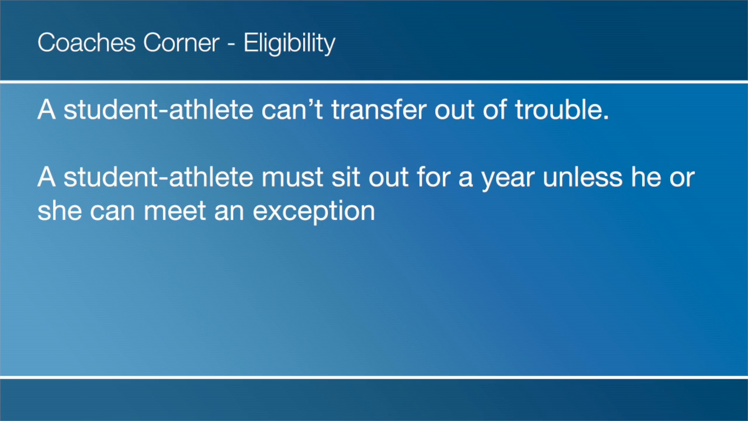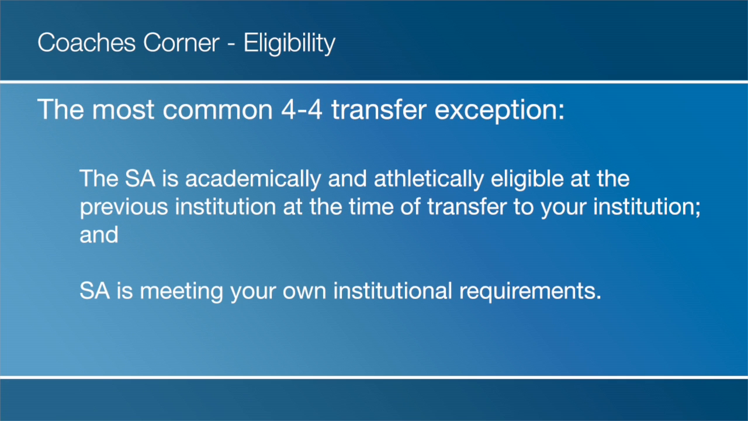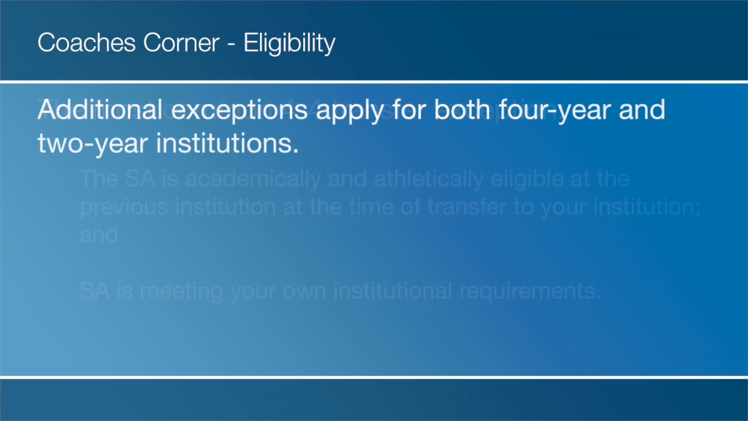But a student athlete may not have to sit out if he or she can meet an exception to the rule. The most common exception to the rule in Division III is when a student athlete is coming to your institution from another four-year institution. If at the point in time the student athlete comes to your institution, he or she is academically and athletically eligible at the previous institution and is also eligible under your institution's own rules, then he or she is most likely eligible to compete. There are other exceptions, including exceptions for two-year institutions, so talk to your compliance officer if